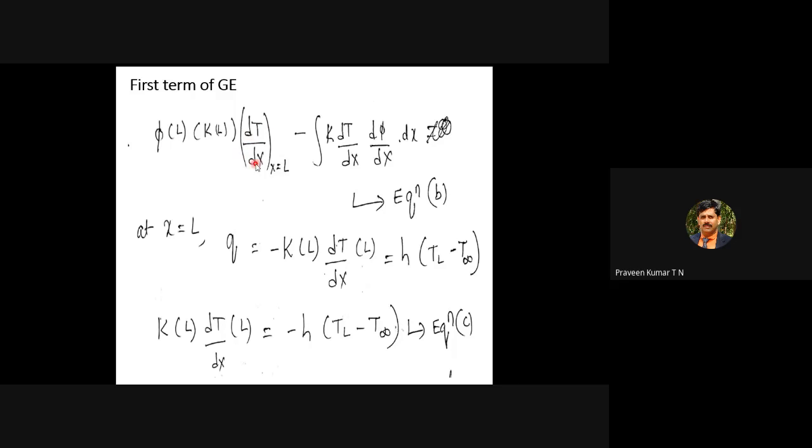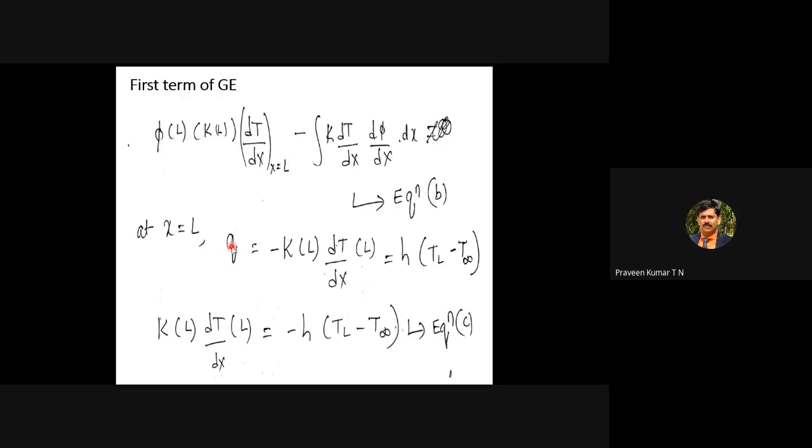So what we want is q at x is equal to L. x is equal to L is the rightmost surface. At the rightmost surface, whatever the amount of heat conducted, imagine at node 3, that will be transported to the surrounding medium by convection. That means imagine we are heating the rod from one end, and at the other end of the rod, there is conduction up to node 3. We have solved one problem. All heat conducted will be transferred to the surrounding medium by convection.